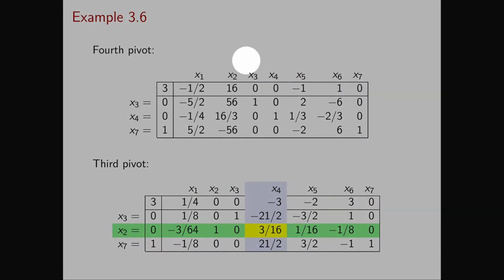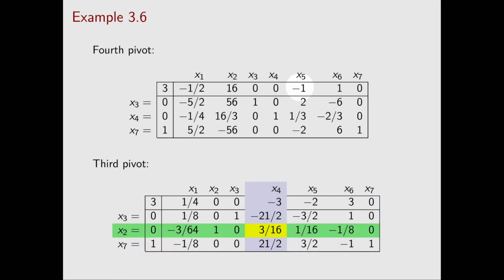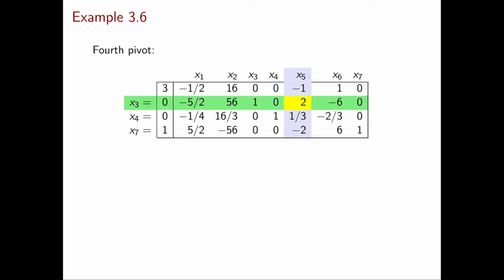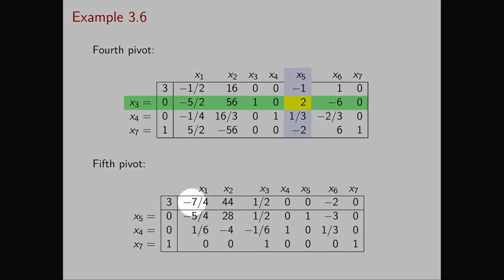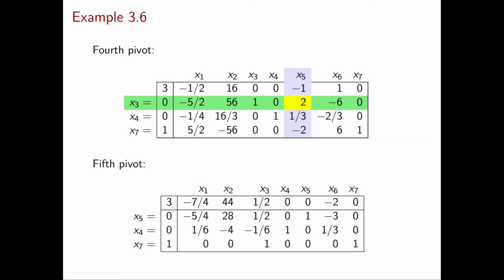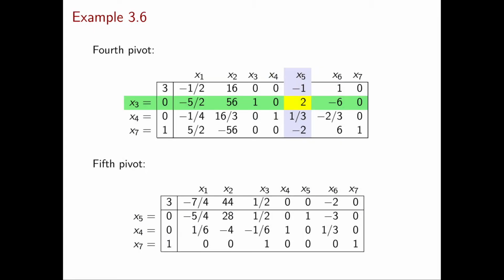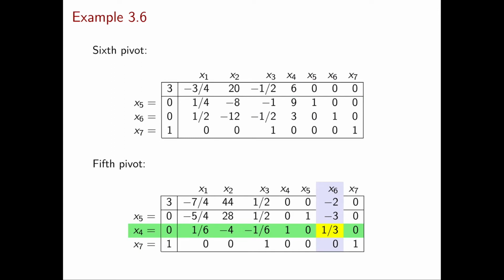Also here, I have two negative reduced costs, -1 is the smallest, so I have x5 enter the basis. I have two ratios that are 0 that determine theta star, and this corresponds to x3 and x4, therefore I will have x3 leave the basis. Next, I obtain the tableau below. In this tableau, I have two negative reduced costs, -2 is the smallest one, so x6 enters the basis. Then I only have one ratio that is equal to 0, and so it determines theta star, and this is the one corresponding to x4. So I will have x4 leave the basis. And the next tableau is the one above.